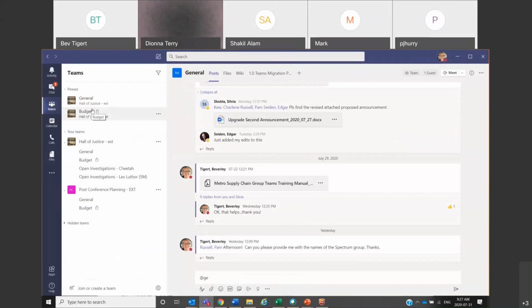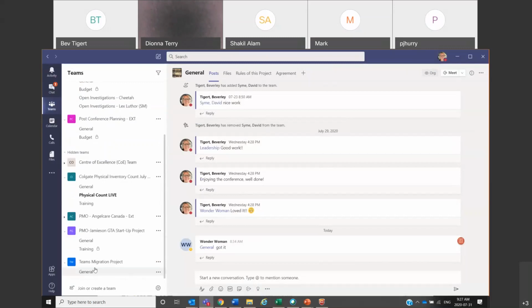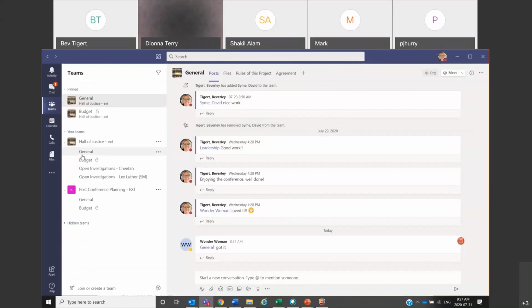So you'll notice the look and feel is pretty much the same. Over here in the team section, I've got my pin section, which is where I pin my channels, the channels that I'm working on currently. You can pin them up at the top, just like a favorite, and work on them from there. The other section is your teams. These are the teams I have open that I'm working on. And underneath are my hidden teams. These are the teams that I'm hiding. I'm not working on them right now, and I'm just going to clean up my quad area.